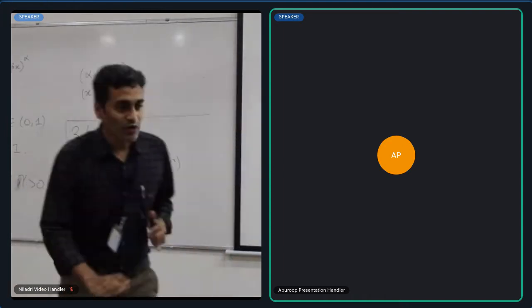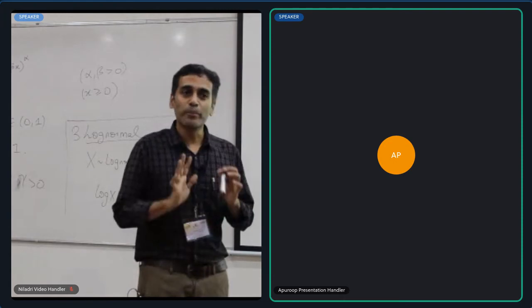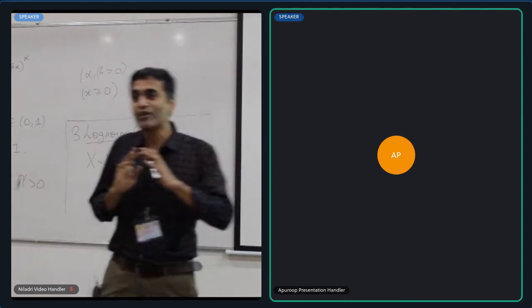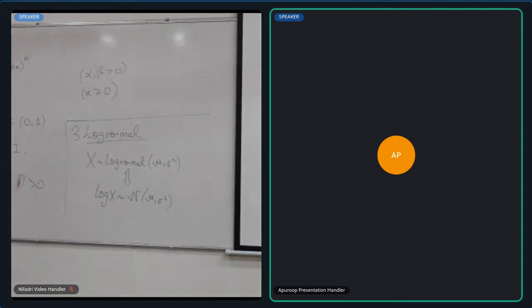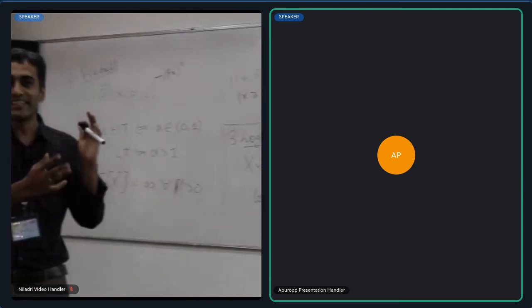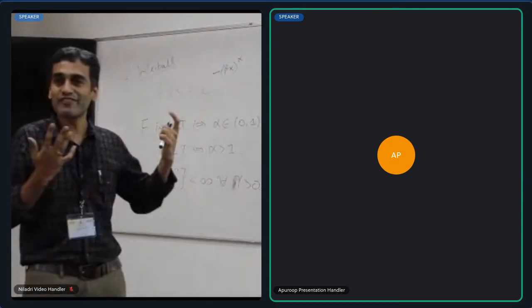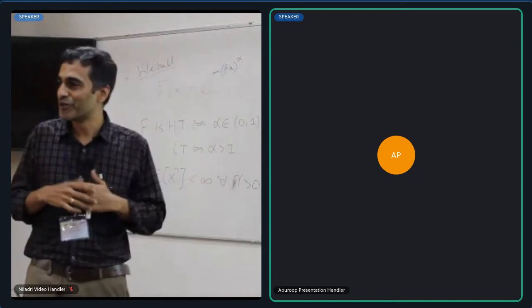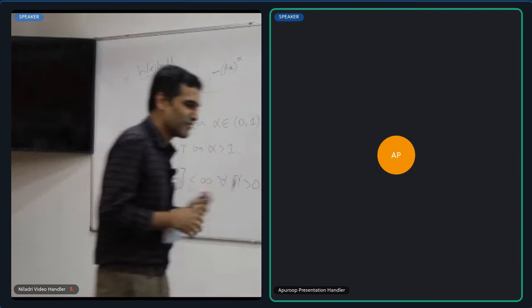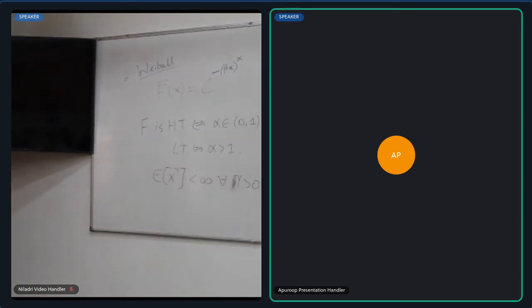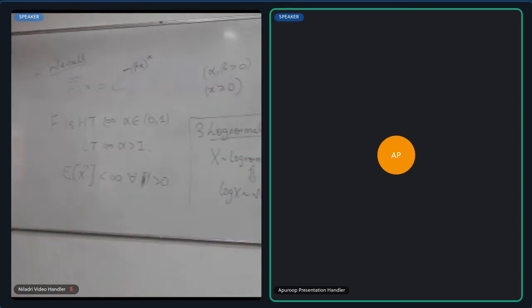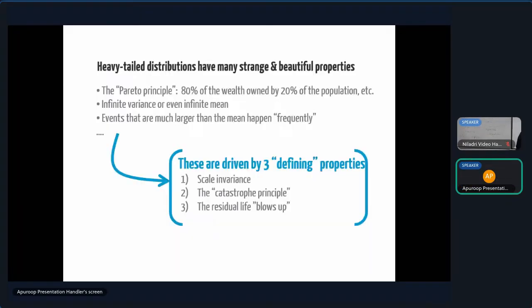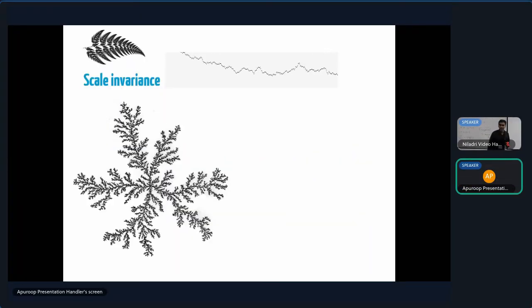Okay. So with that, I'm now going to move on to properties of heavy tail distributions. So far, I've only given you a definition and a few examples. Other than the fact that it means heavier than exponential, what does that mean from an intuitive standpoint, or what kind of properties does that imply? That is not clear yet. So I'm going to skip ahead and talk about three properties of heavy tail distributions.